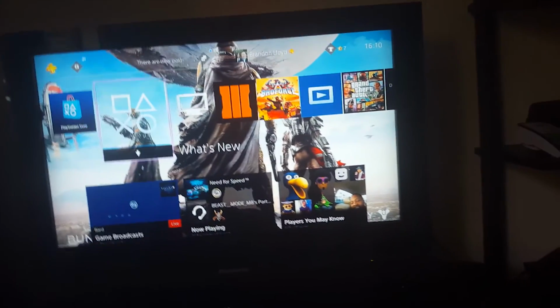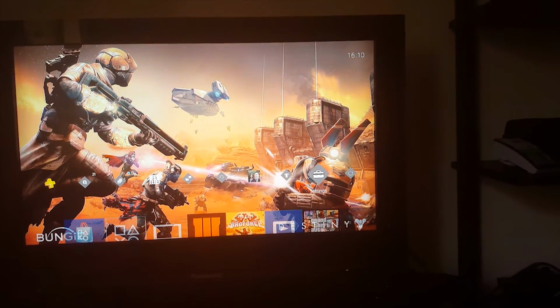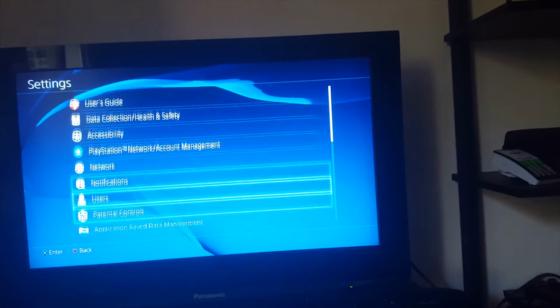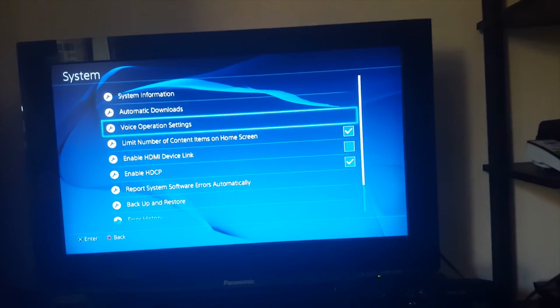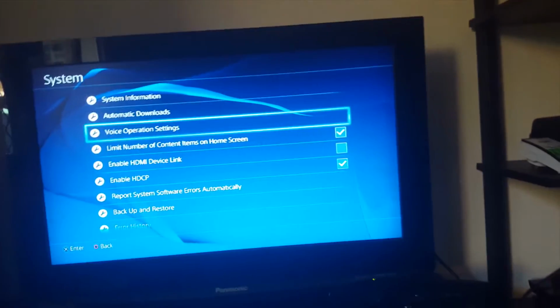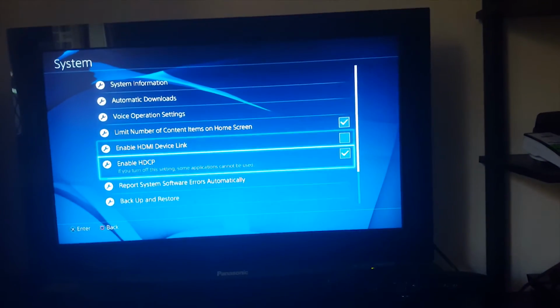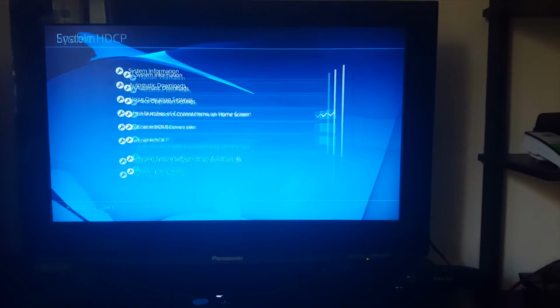What you want to do is when you're at the main menu, you want to go to the settings, and you want to go all the way down to System. For some reason, it does this, and it won't allow the Elgato to work. It won't transport the video from the PlayStation to the computer. You need to turn off HDCP